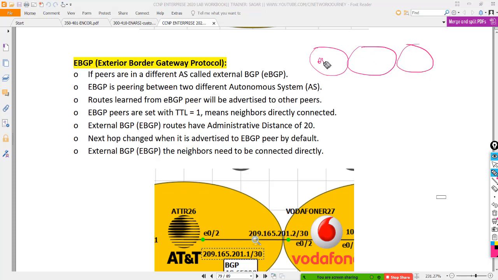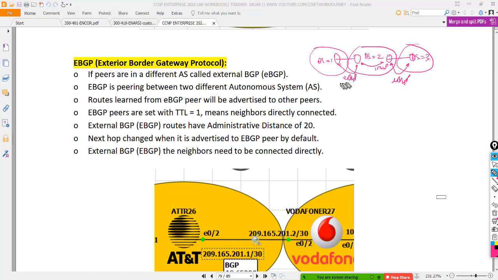Let's say this is autonomous system 1, autonomous system 2, autonomous system 3. When do we call it eBGP? When they are in two different autonomous systems. Within an AS, it's iBGP. Between these two, it's eBGP, because they are two different autonomous systems.